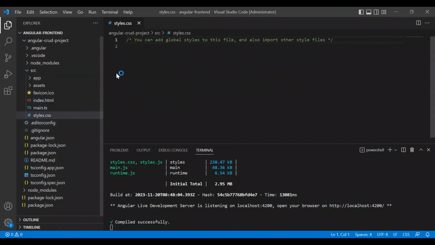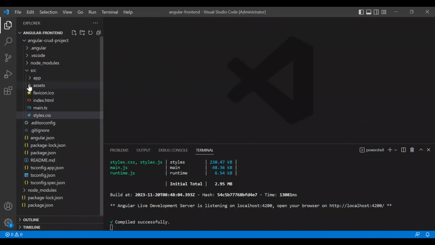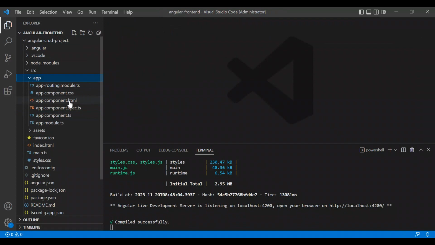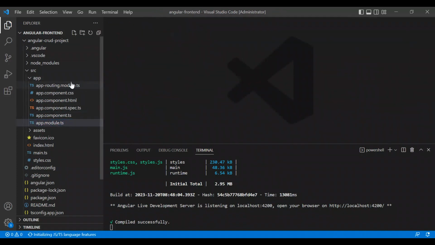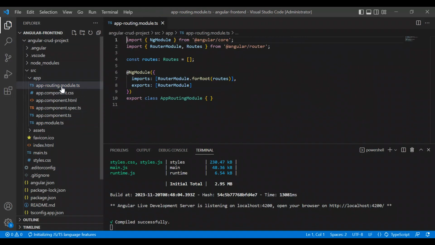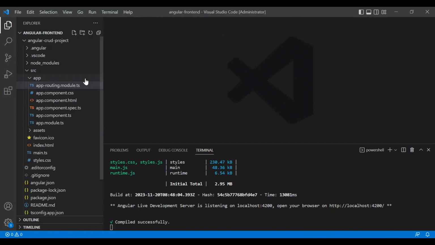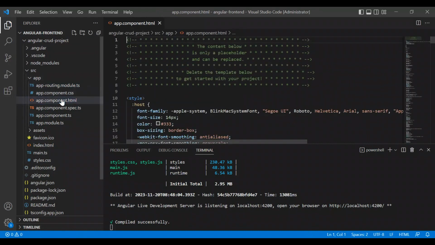We can add some styles here, and in the app you will find app module, routing module. We will specify some routes for our components that we will create,